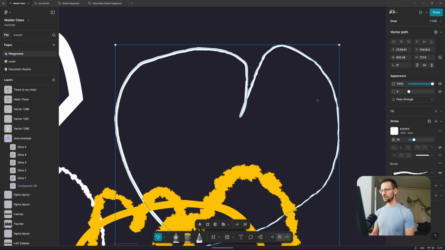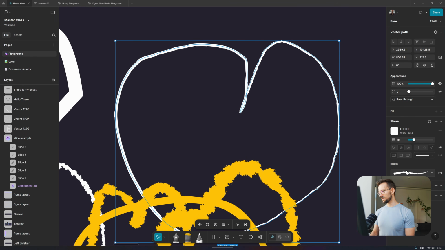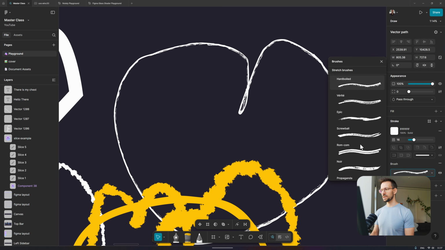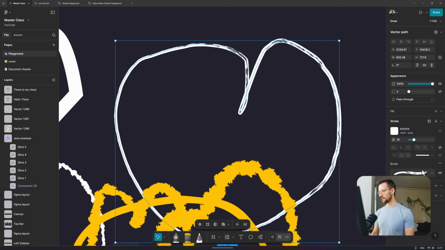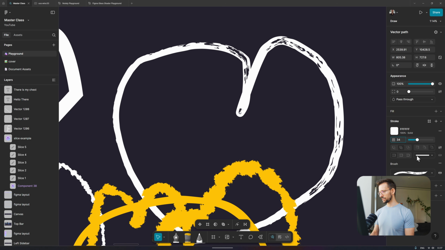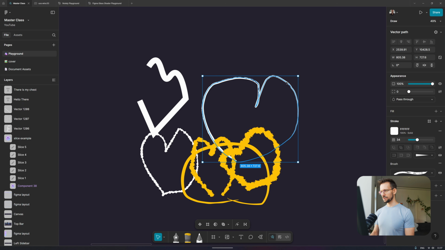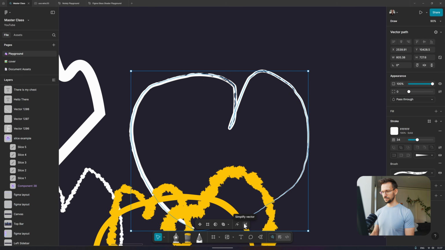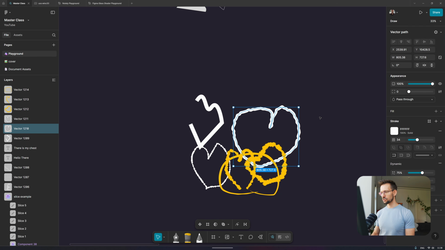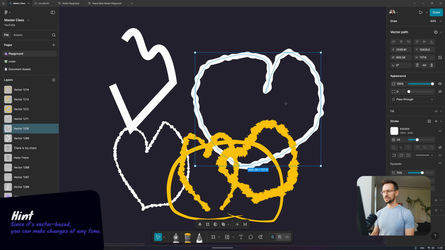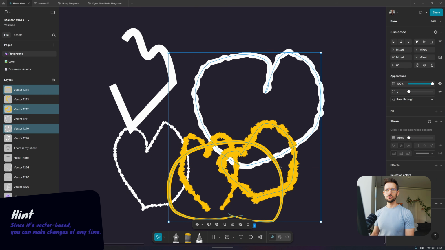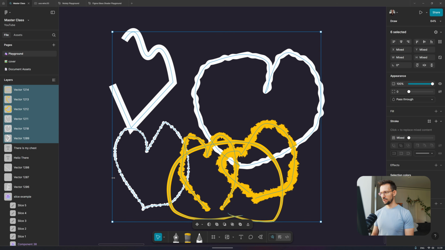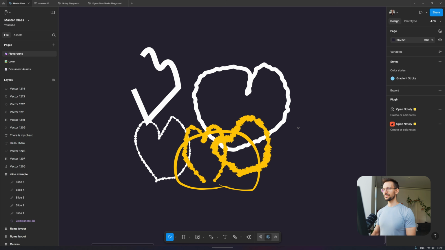As everything is vector-based, we can also make changes to it. Like in this case, I think I used probably the wrong brush. Let's experiment with another one. Oh yeah, this one looks nice, and I would like to have it also a little bit thicker. No worries, this is possible. And I'm crazy, I want to make some adjustments to it. Like mentioned, you can also change all of your brushes afterward. So just start to draw something and make the changes later on. But like mentioned, Figma is not a real drawing tool, so you can use it, and I'm curious about your use cases. And then we have our design mode, which is the default mode, which we use to design